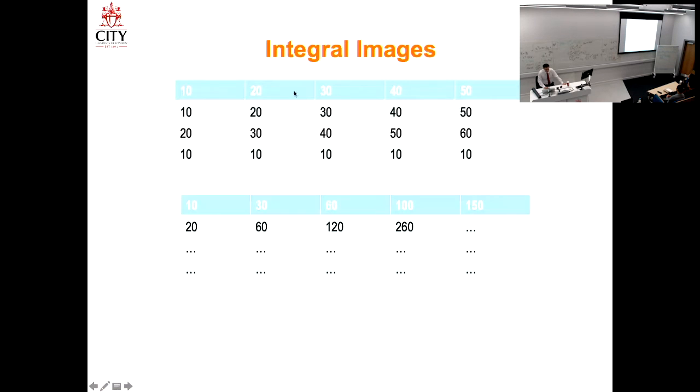This is the example that I wanted to draw. Let's imagine this is my input image. These are the brightness values: 10, 20, 30, 40, 50, 10, 20, and so on, 20, 30, 40, 10, 10, 10, 10. So this is my input image, and I want to